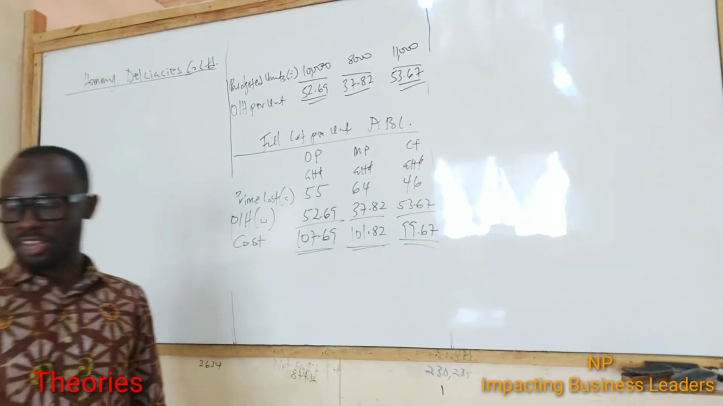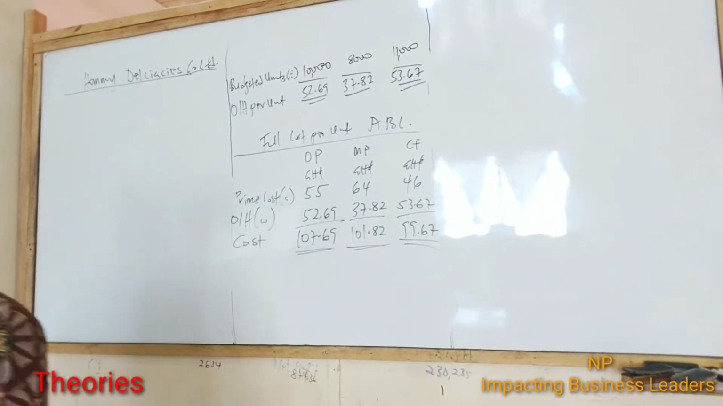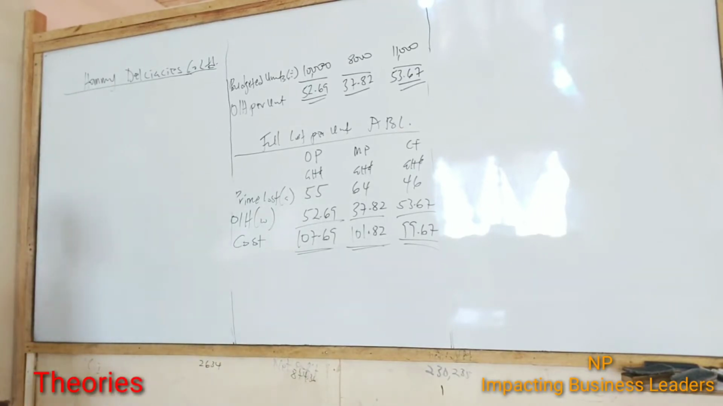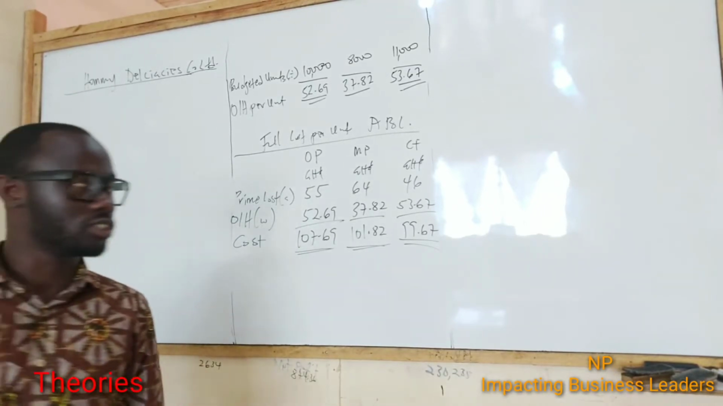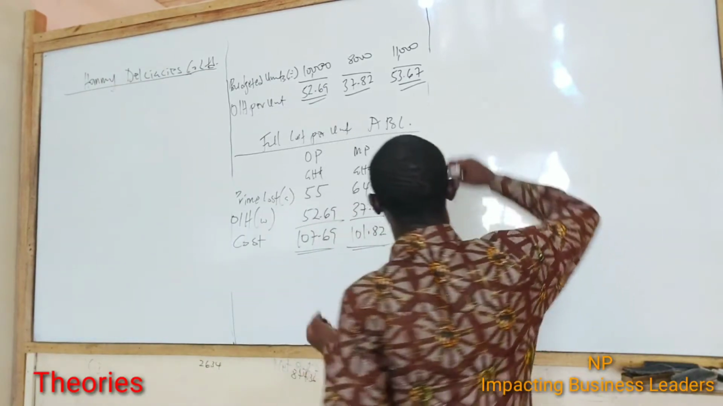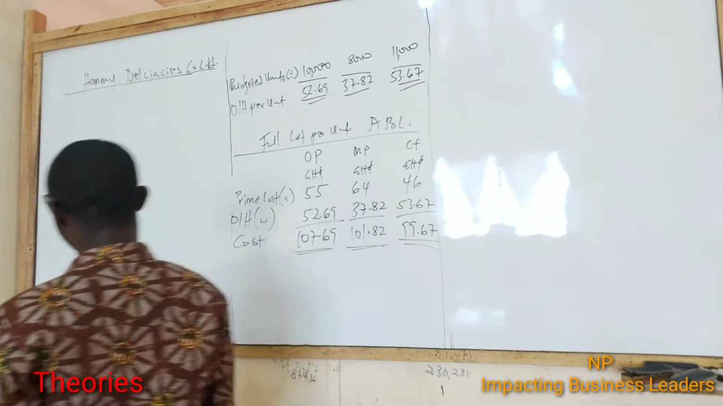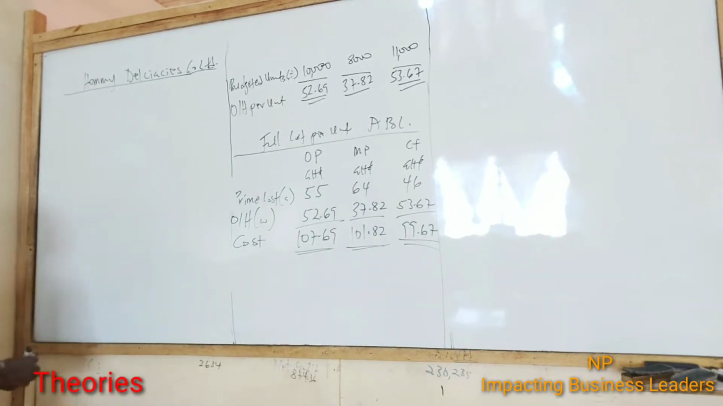So C says identify two main differences between process costing and job costing. Now, the first thing we can talk about is their definition. Okay? So job costing is a costing system